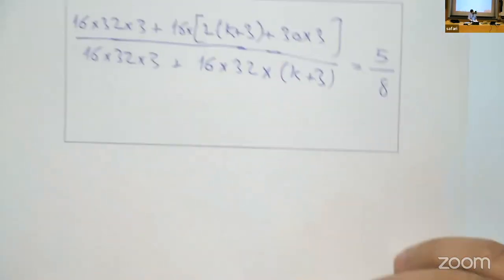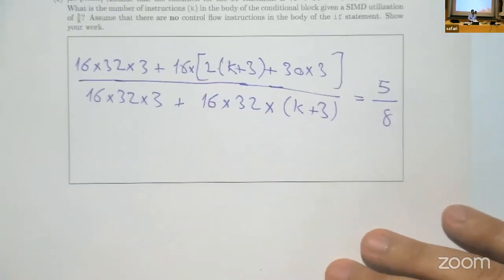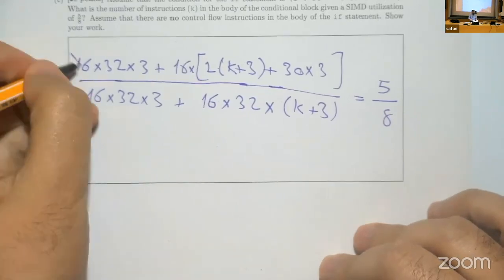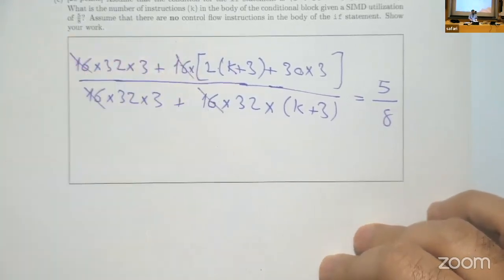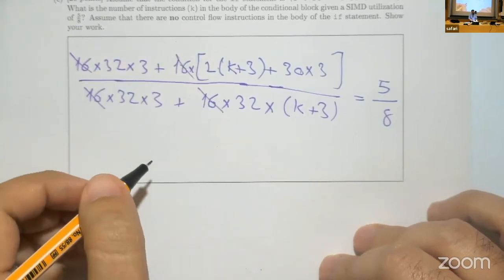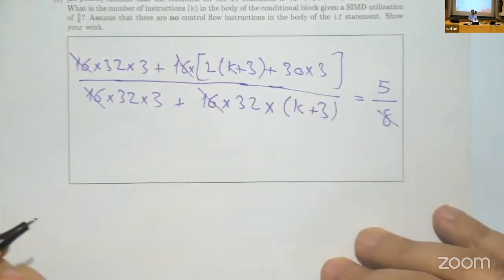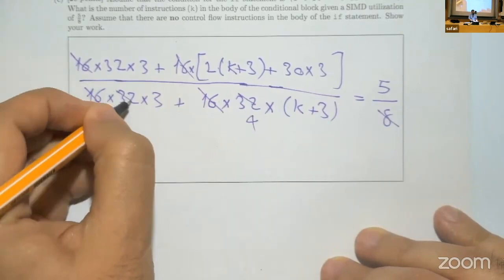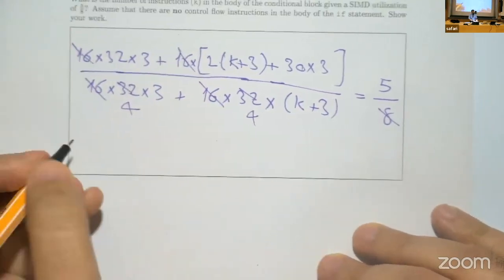So then we need to solve this equation. We can cancel out 16, and we can also cancel this 8. This is 4, this is 4. Then we would have,